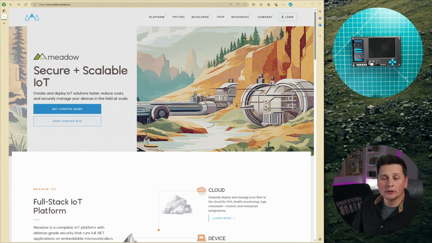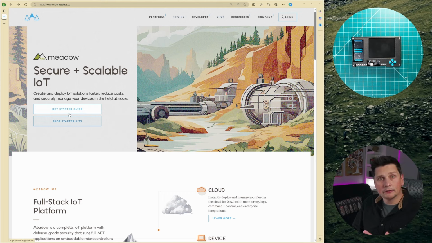So that's the website here, wildernesslabs.co. Once again, not a typo. It's .co, not .com. It's pretty cool. Actually, I like the design of the website. But beyond that, they have developers in mind, and all kind of developers.